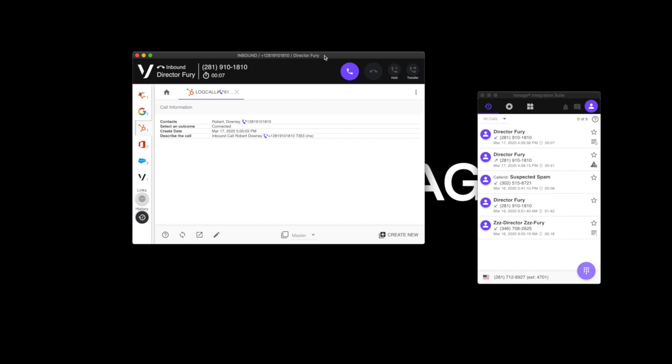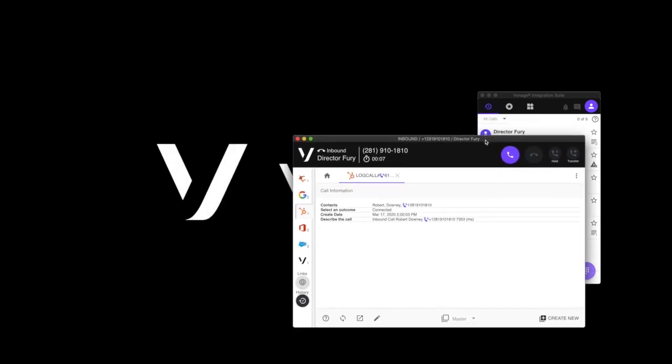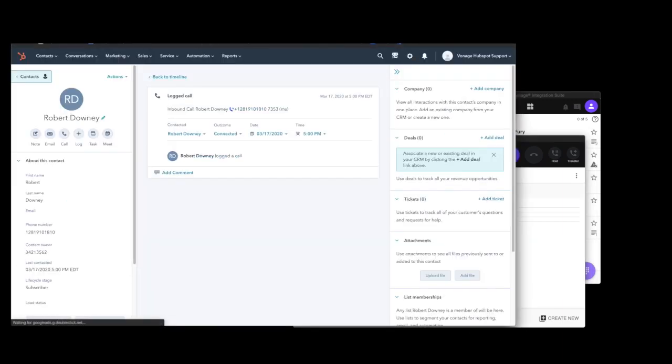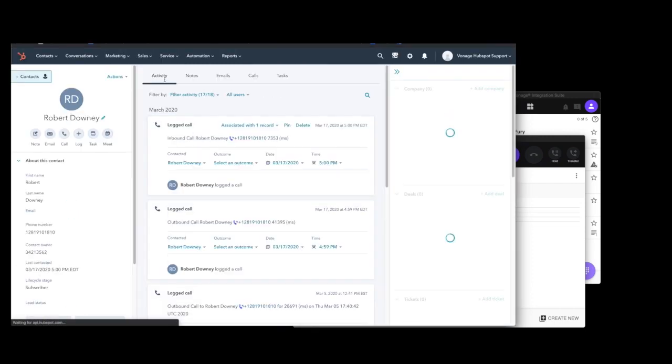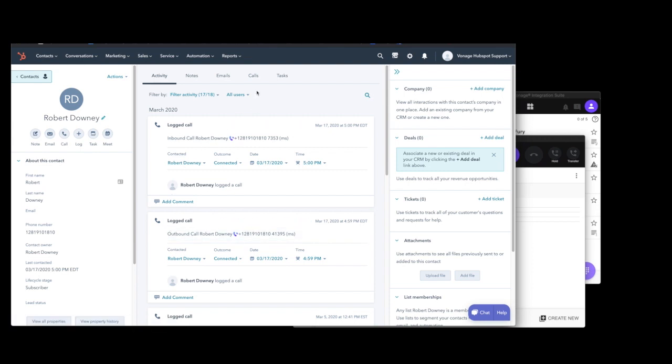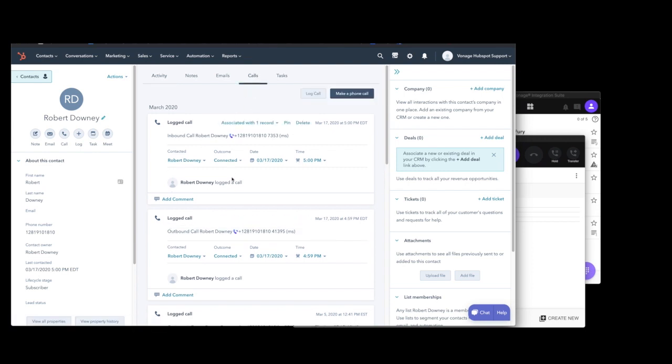So let's go ahead and take a look at where this information stores in HubSpot. If I click on Open in HubSpot, you're going to notice that it opens up my record in HubSpot and shows me the actual logged call. Now in this case, I want to actually go back to my main contacts, and let's say I want to see everything about this person and I want to see all of my activity. I can see all of my logged activity, and it is logging all of those calls under the call section. From here, I can add additional tasks, emails, notes, the basic information that you would normally use HubSpot for.